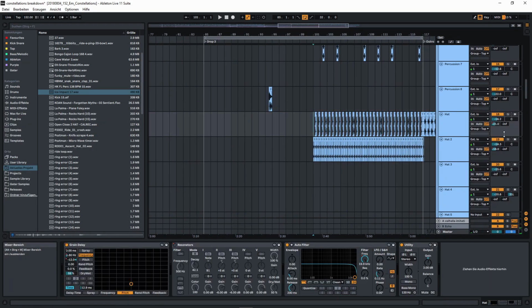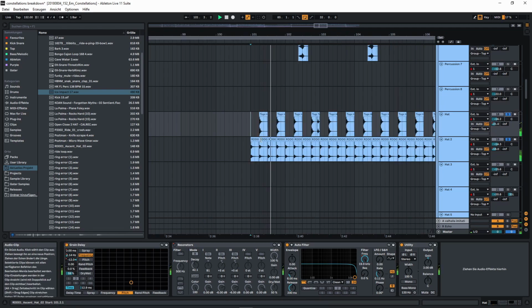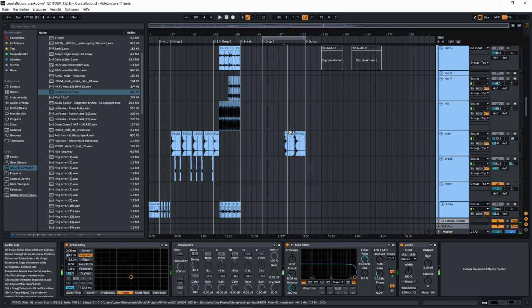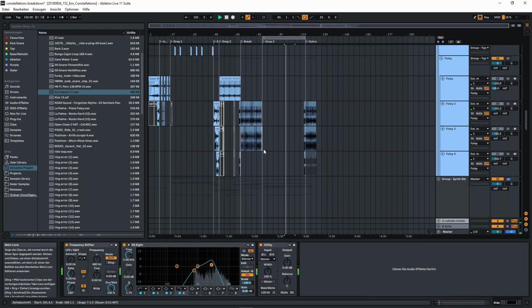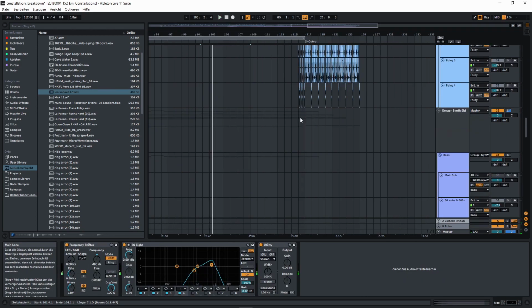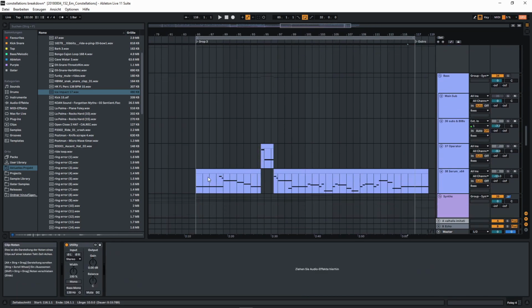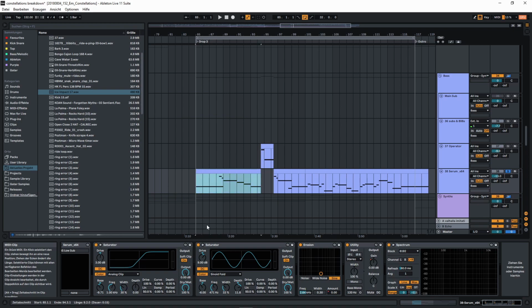I have these two hat samples again, they sound like this. I have the ride sample again. And that's it for the percussion until we get to this end bit, but I'll explain that when I get to the outro. I have a different sub this time as the main one, so